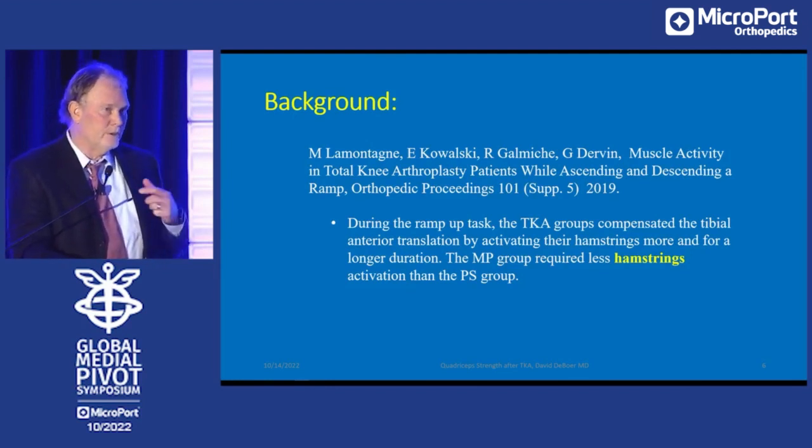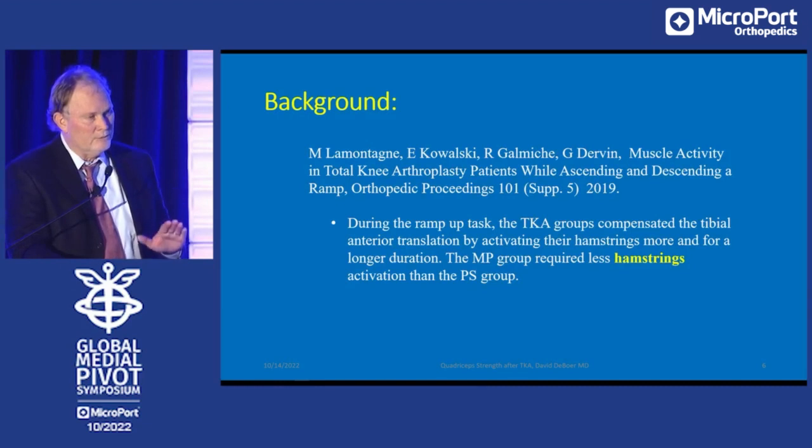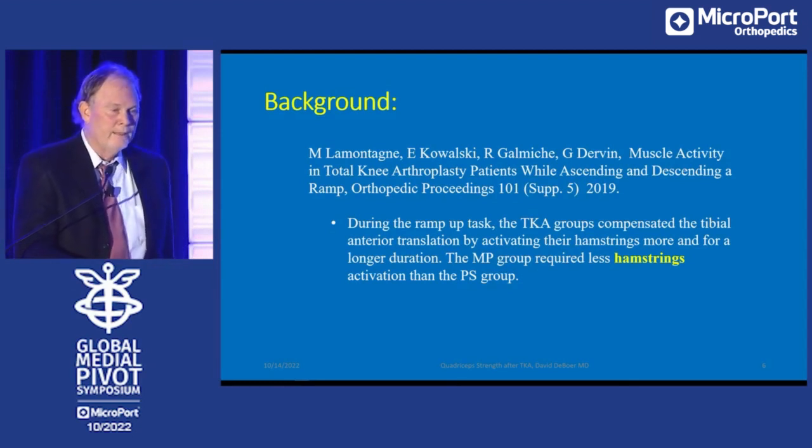So the way I took that was that when someone was going from a sit to a stand, if you were in the PS group, you have to create a fulcrum which you pivot on. So you fire your hamstrings, the hamstrings pull the tibial post into the femoral box, and then the quadricep fires to stand up. In the medial pivot group with the ball and socket, we didn't have to have as great a hamstring activity to stabilize the pivot point, so you were able to easily fire your quads to stand up, and that's why the quad amplitude was less in the medial pivot group. So with that,